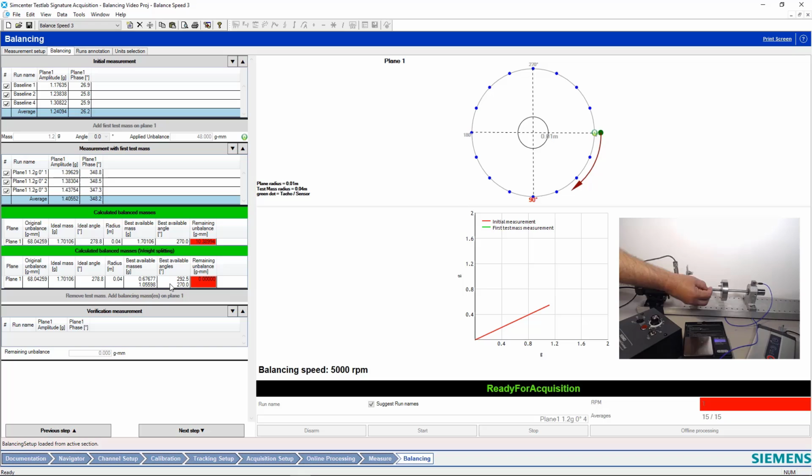Okay, so I have 0 degrees up here with my trial mass location. And then I'll put the 1 gram in. So you have the 1 gram in, and now we'll put the smaller mass. It's approximately a half a gram at 292.5 degrees.